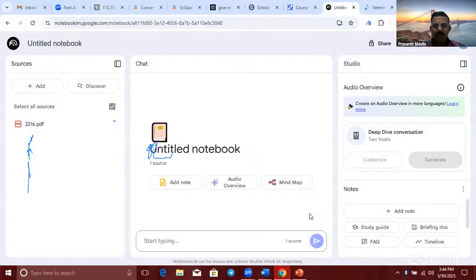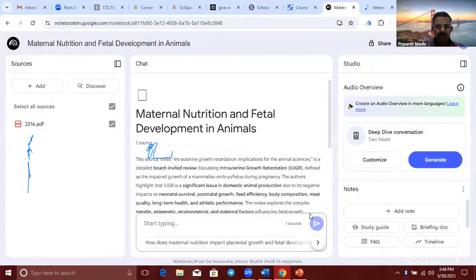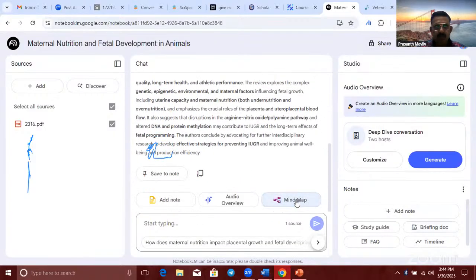While studying, we will collect so many notes. We will collect PPTs from our teachers. We'll get soft copies of study notes, some books and all, and we can upload all these things. A YouTube video, you can put it over here, and we'll compare all these things and make the study notes. And for the mind map, let me try with a small article.